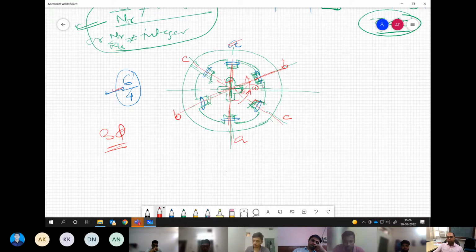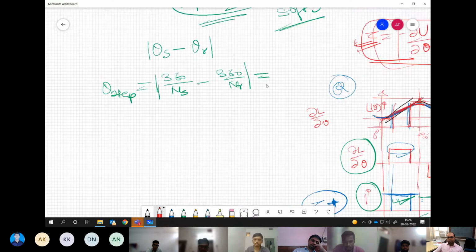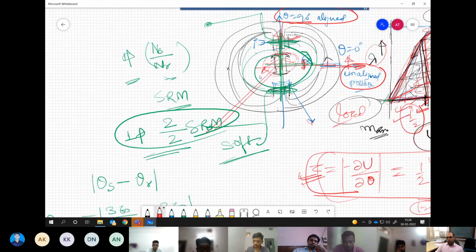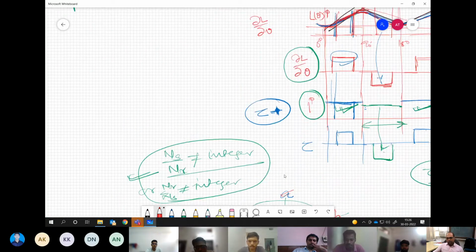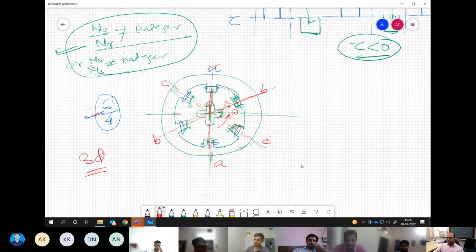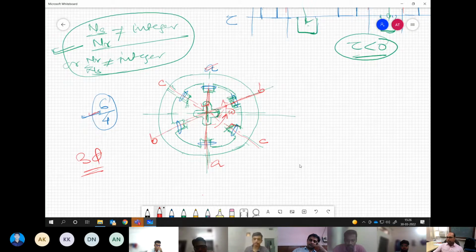In the previous case, if it gets stuck in this position, there is no way to move it further. You see the problem here? This is the difference when you have integer and non-integer ratios. Of course, there are motors with integer ratios also, but they are operated with certain conditions. So the control ensures that